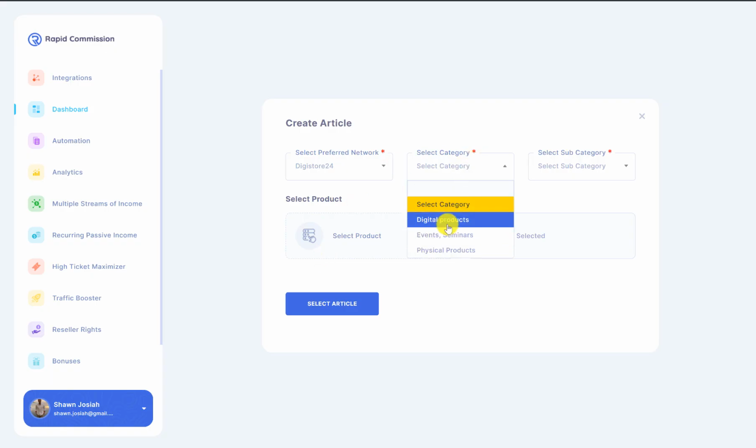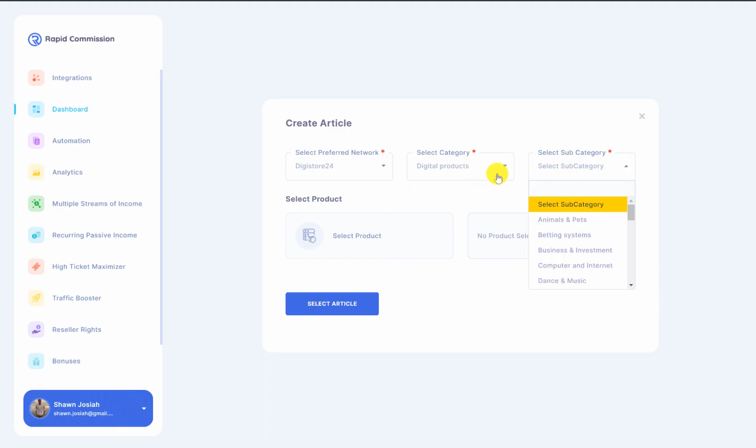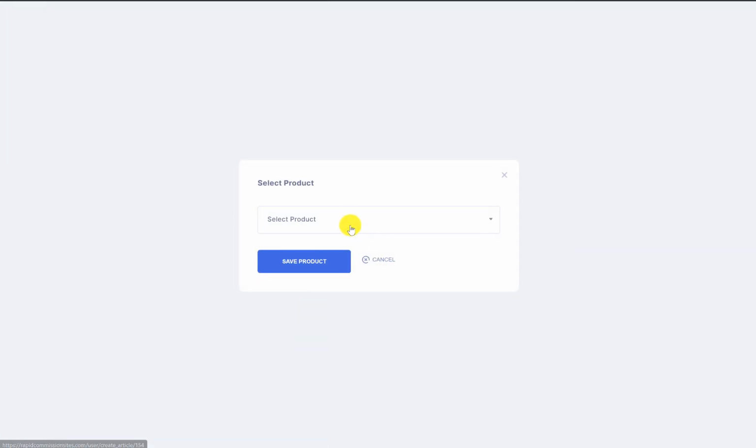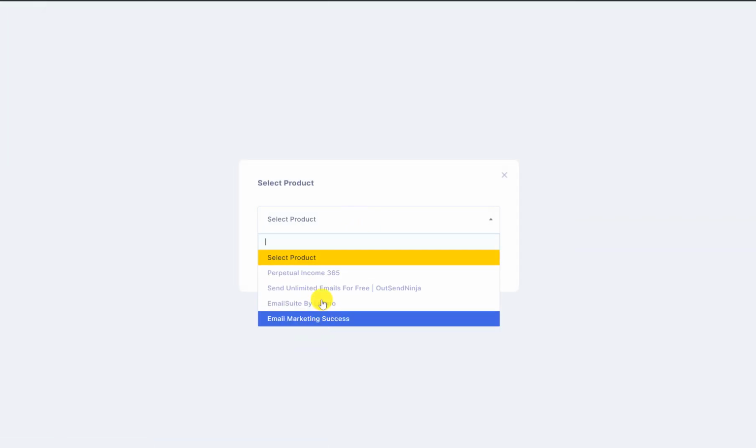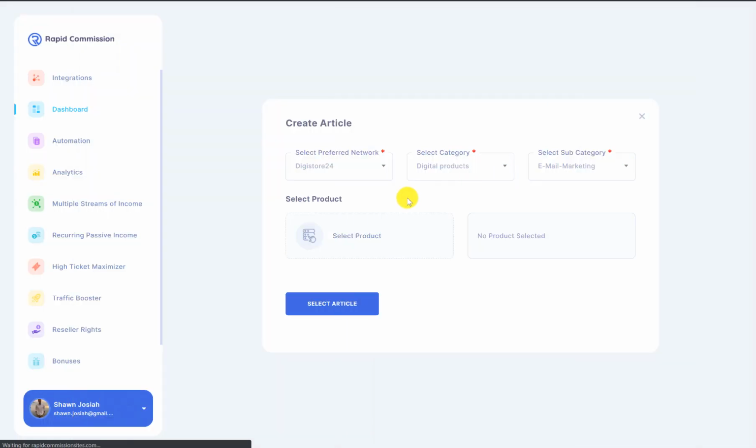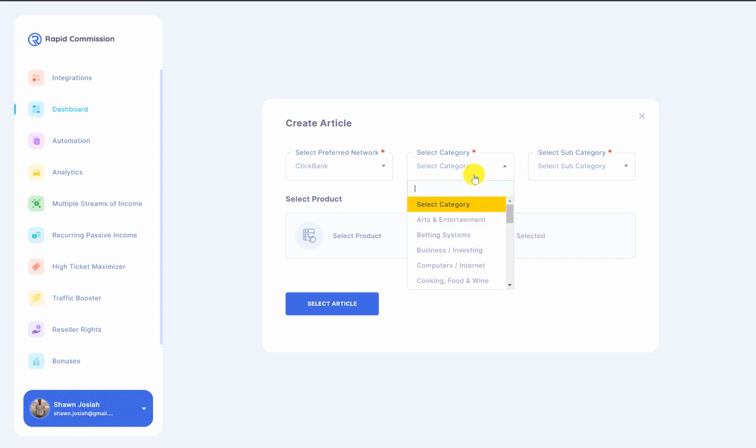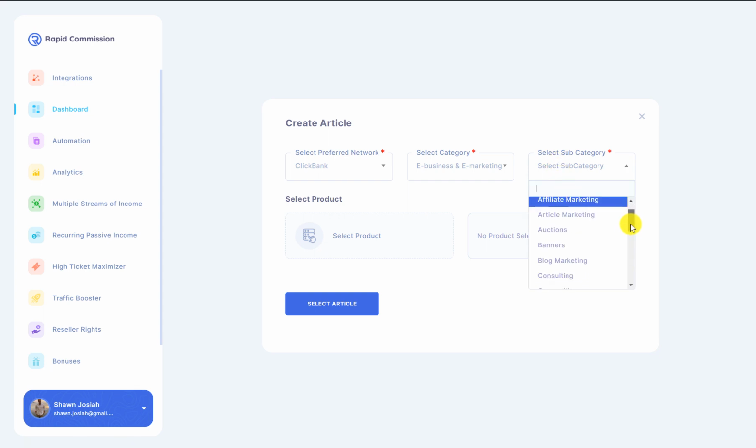See, all the categories are here. See that, digital products, and I've got all the categories here. Okay, so I can go to email marketing. I can click on select product, right, and look at all the products that come out. So these are all integrated with your favorite platform. I can use ClickBank, so I'm going to use ClickBank for this demonstration. I'll go to e-business and e-marketing, and maybe I'll select my favorite niche, which is the email marketing niche,